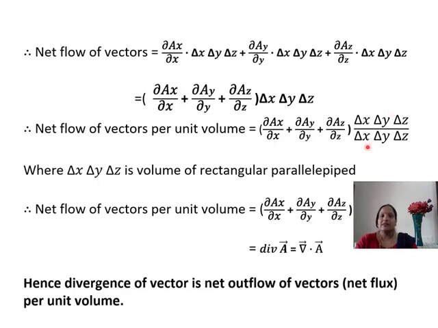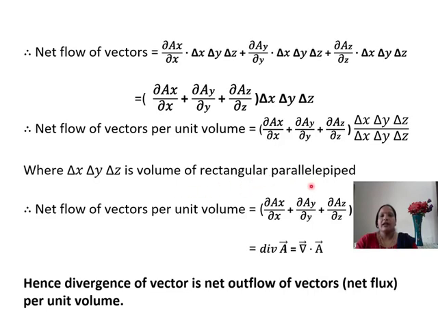These two cancel each other. Therefore, the net flow of vector per unit volume is equal to ∂Ax/∂x plus ∂Ay/∂y plus ∂Az/∂z, where Δx Δy Δz is the volume of